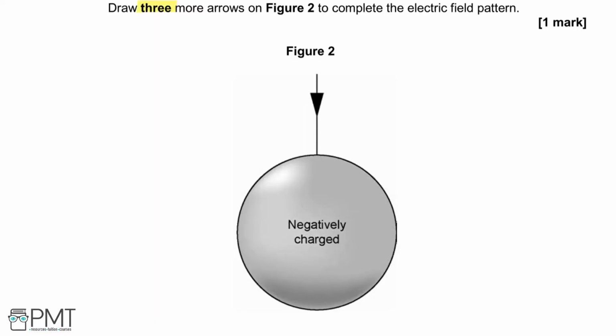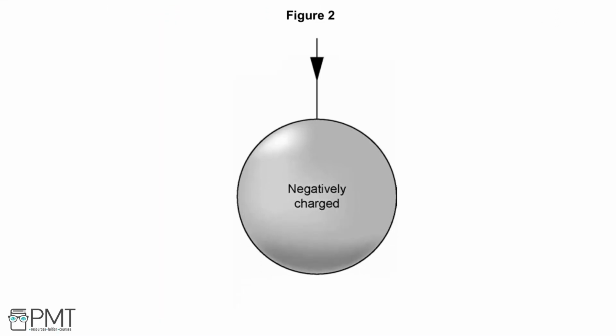So, the first thing that we need to understand when drawing an electric field is that if the field around the object is the same, which we're assuming it is in this question, the lines need to be equally spaced out. If we drew them and they weren't equally spaced out, this would indicate that there is a change in the strength of the field. However, in this case, the field is the same all around the object. Therefore, to draw 3 more arrows, we want them to be equally spaced out around the body, like so,